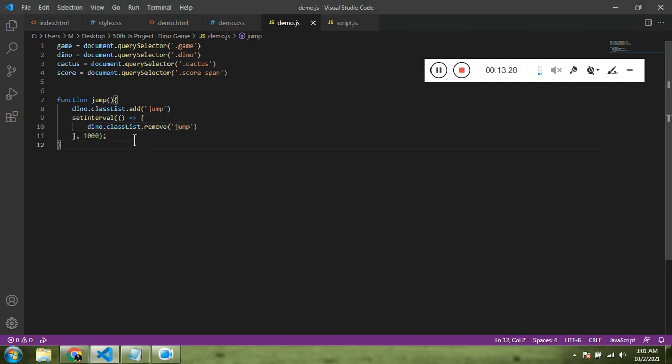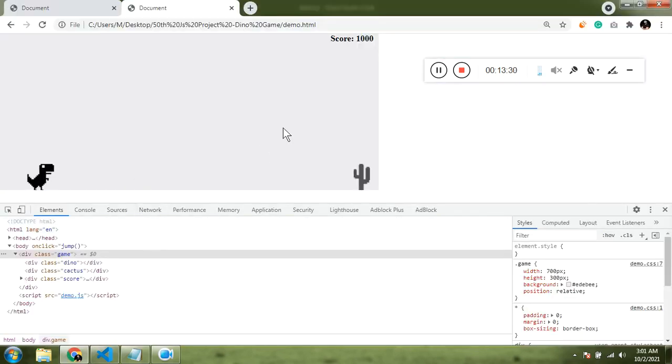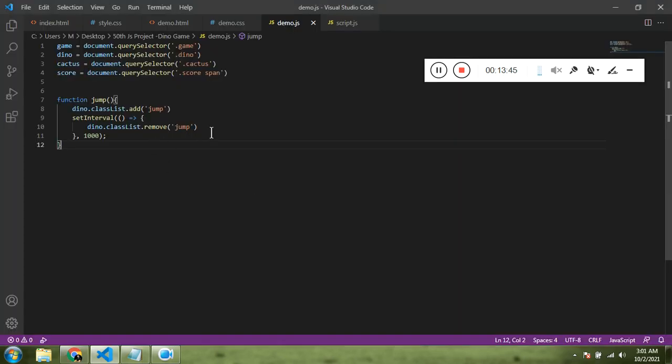And now it's time for the calculation. The first thing we need to do is get the left position of the cactus plant and the top position of the dinosaur. So let's get the left position of the cactus plant. How are we going to get it?